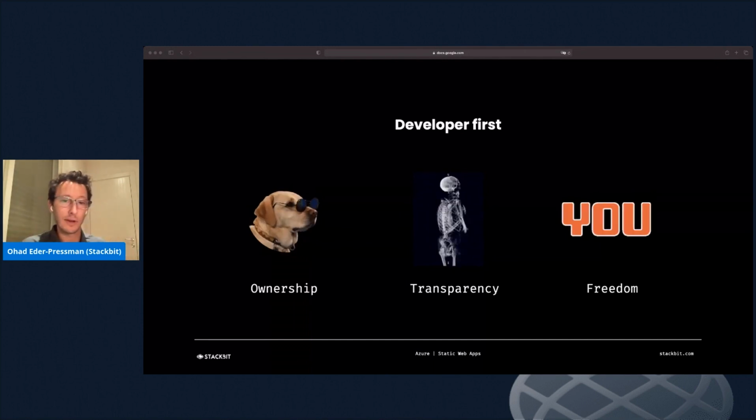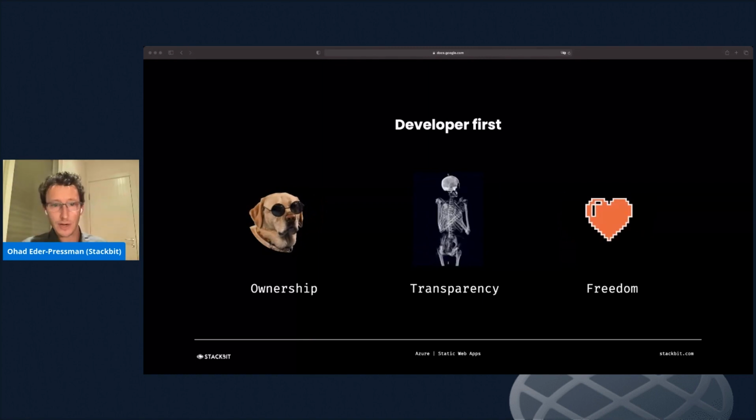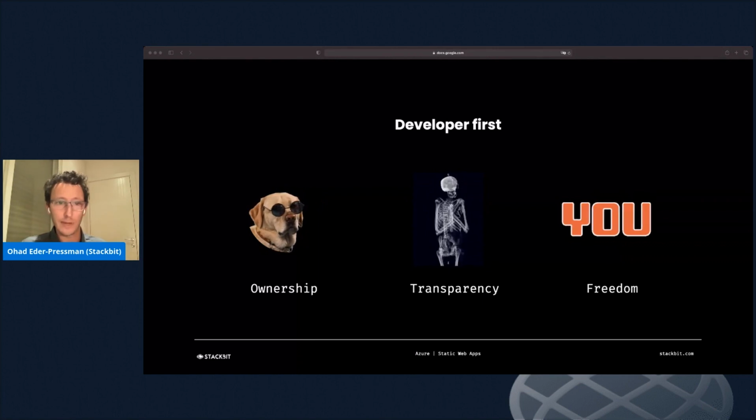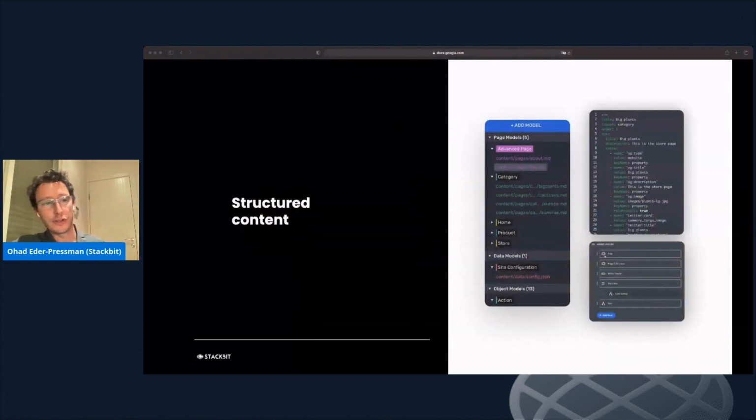And the exciting thing that we're going to talk about specifically today is that with our new Azure integration, any StackBit user can deploy a Jamstack website to Azure, and any Azure customer can now create a Jamstack site in just a couple of minutes. So I'll have a demo up for you in just a moment.